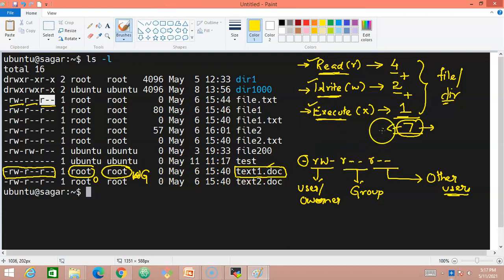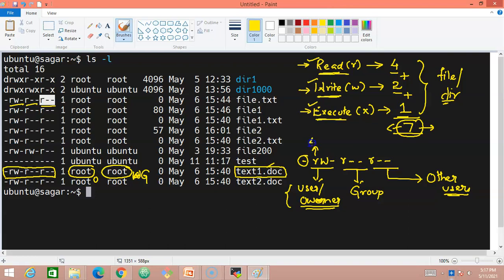Now observe this. Having these numerical values, we are aware that for every file permission we have a specific numerical value. So let us understand what the user or owner has got. The user or owner has got only 2 permissions: read permission and write permission. The hyphen represents that it doesn't have execute permission.